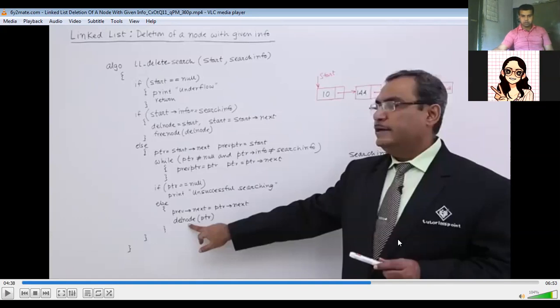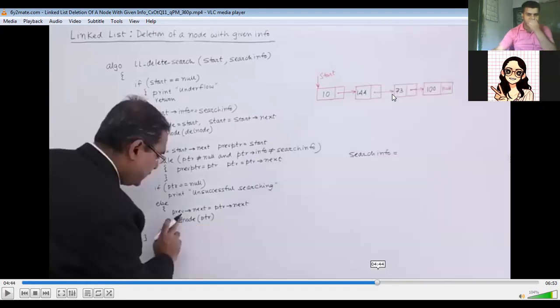Now let me just take this part. Okay, now it is visible. So right now, if both of these conditions fail, what is the first situation? My linked list is empty, I don't have any value to delete. That is the underflow situation. Let us consider this condition to be wrong. And I also consider the second situation to be wrong, that is, the information that I want to delete is present in the very first position of the linked list. So I cancel out this position.